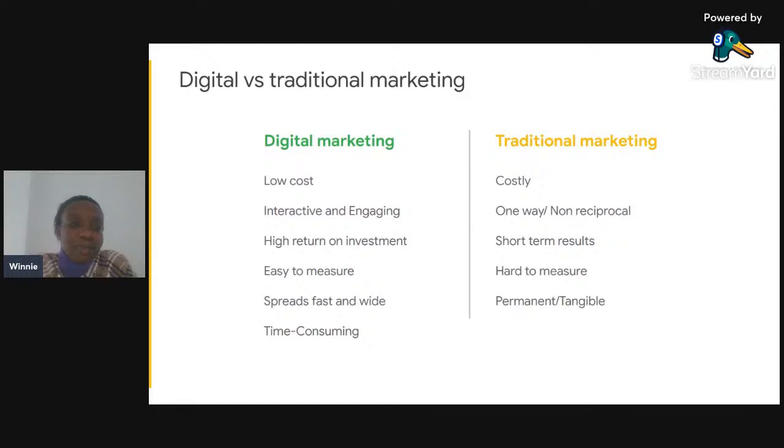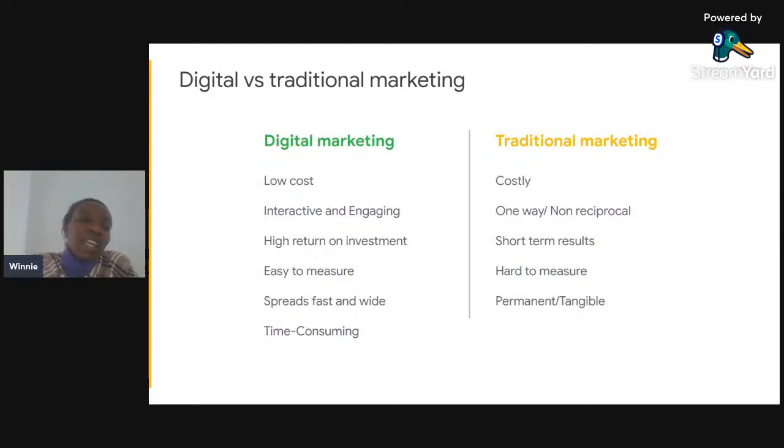In comparison, digital marketing is low cost. You can run an advertisement on Facebook for as low as 500 bob. So you don't need a large budget to do advertising. It's interactive and engaging. How? For example, if you boost your post on Facebook, people can give you comments and feedback.